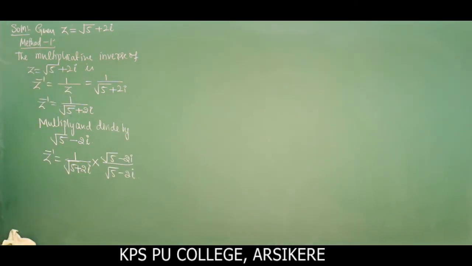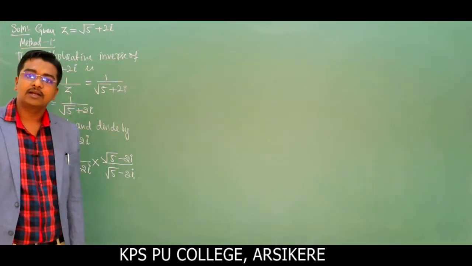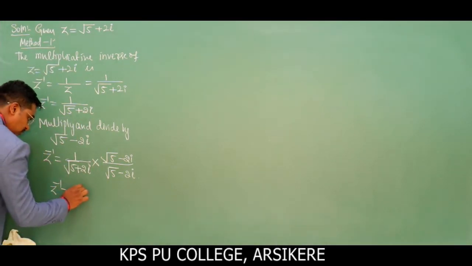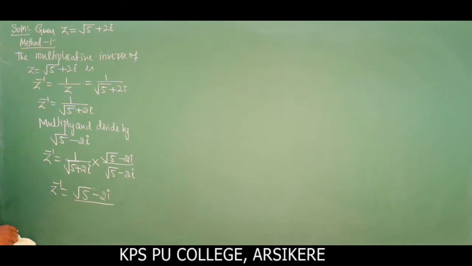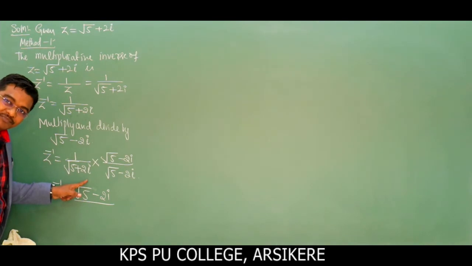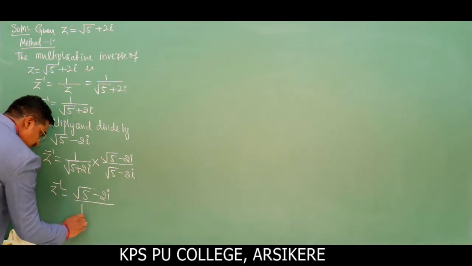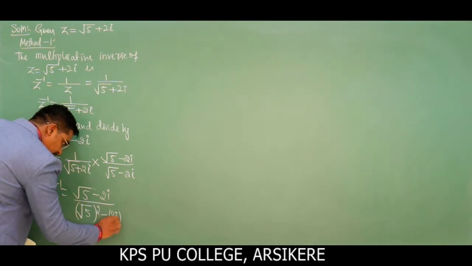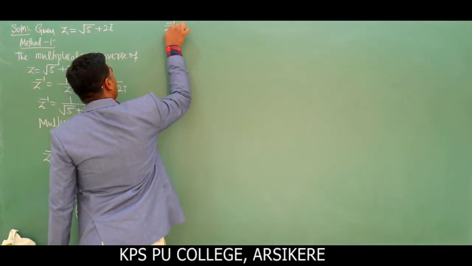So what does it become here? Denominator is obviously a plus b into a minus b, right? What about numerator? Just multiply by 1. So we are left with the same number. Z inverse is equal to 1 times of root 5 minus 2i whole divided by, again, a plus b into a minus b. Now tell me, what is the compact form? Root 5 whole square, very good, minus 2i whole square. That becomes root 5 whole square minus 2i whole square. Therefore z inverse is equal to